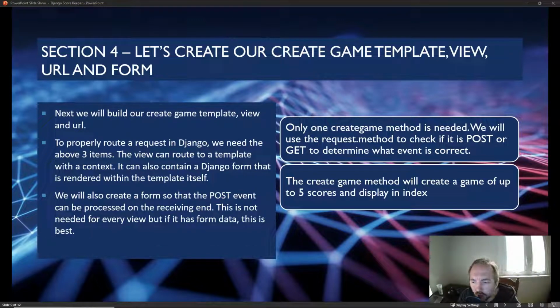In this section we're going to be discussing creating the create game template, view, URL and form. So kind of a lot to digest there. For the create game you need what's called a model form, which allows us to, just a form. I think we're going to end up having to make it just a regular form. But you need fields and you need data, and the names have to match up when we have the post